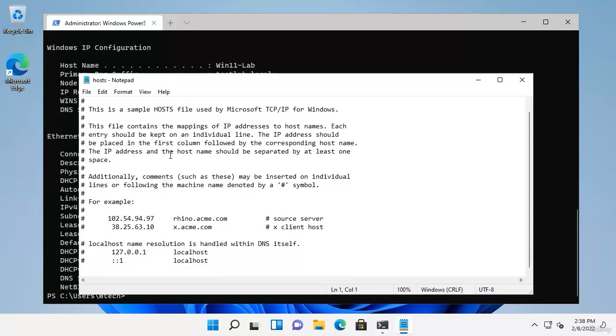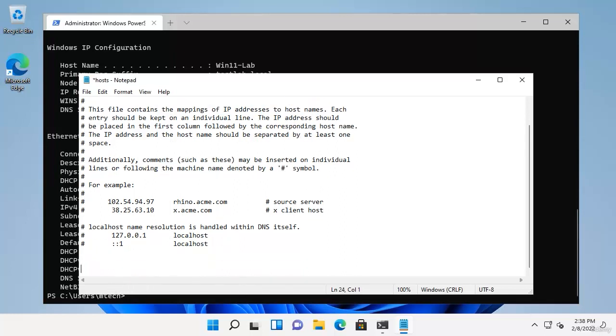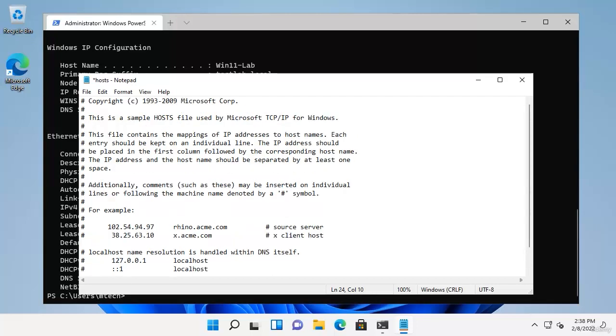Okay, this file contains a mapping of IP addresses to host names. If you want, okay, I'm not saying you have to do this, I'm just showing the functionality of this. Okay, if I want, I would go like this, 10.1.0.4, which is my server, and I want to just call that,